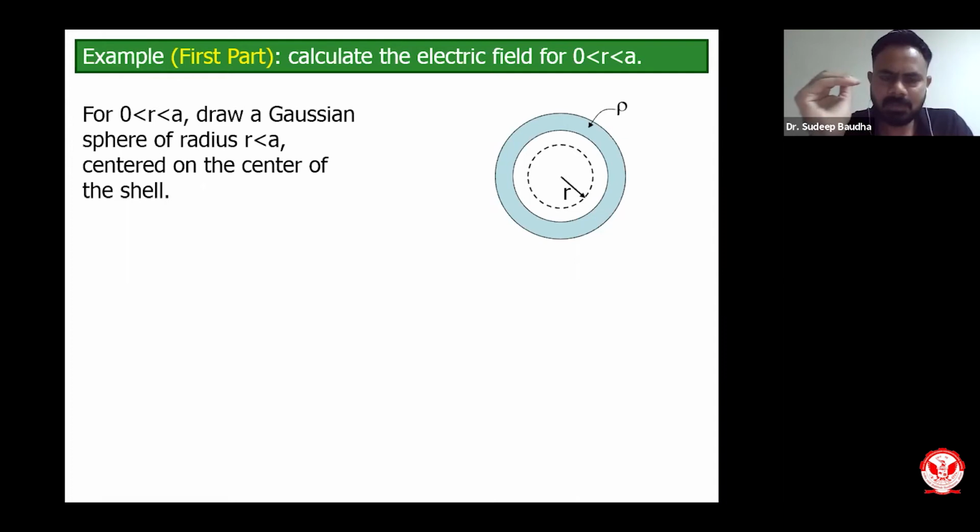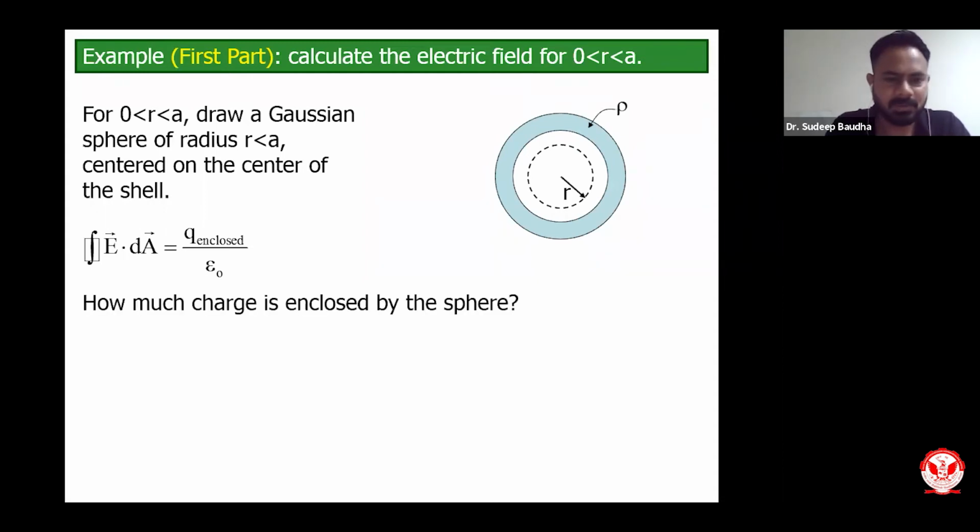So we were about to calculate the electric field inside the sphere, and as per our calculations, we have seen that the electric field inside the sphere is going to be 0. And that has to be true because there is no charge inside. Even though some may have an argument that we have a charge outside in the volume, still we don't have electric field inside. Because if we have positive charge, then the electric field will be directed outward, and if I have negative charge, the electric field will be directed inward.